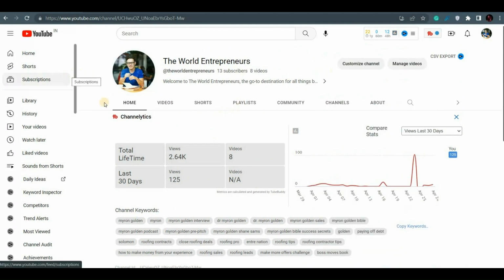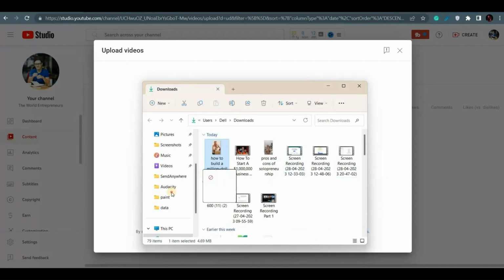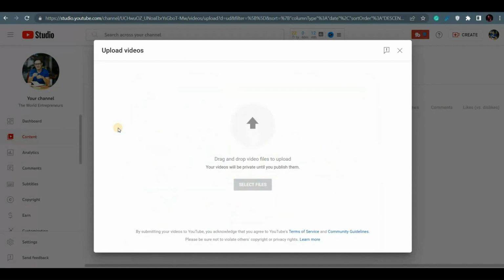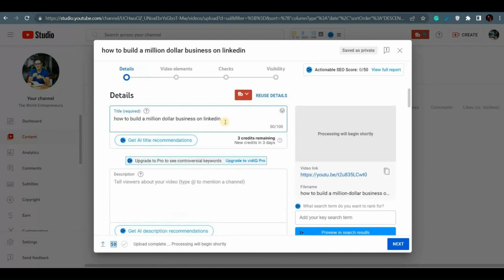To upload the short, I will click on create icon and then upload video. You can also use your smartphone to upload the video. Now I will open my file manager and drag and drop the video file onto the YouTube. It will take some time to upload the video, and in the meantime I will write a title and description for the video. Although there is already a title in the title box, it is not in the correct case,